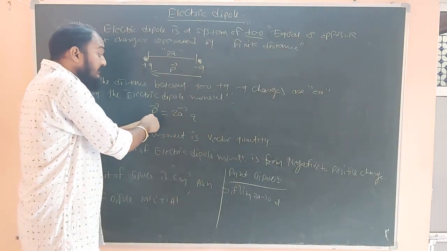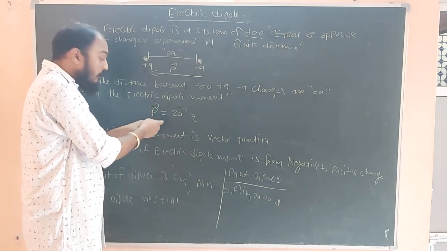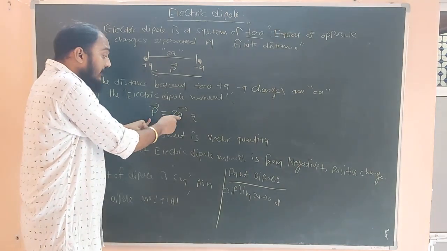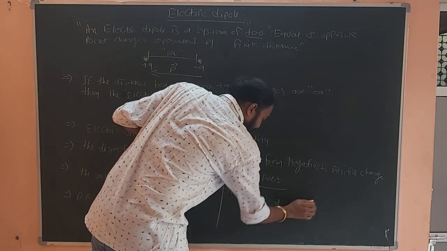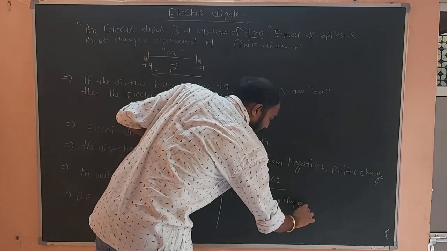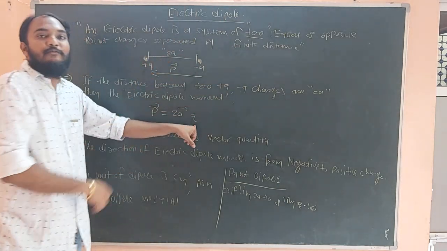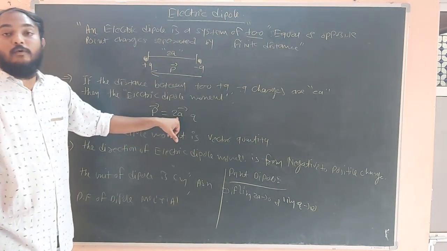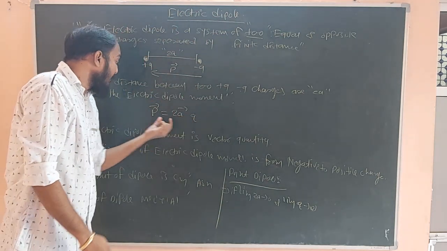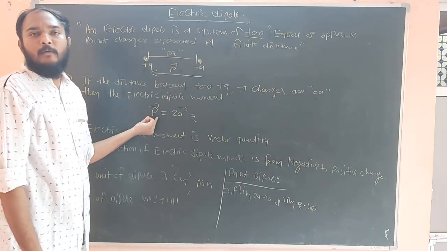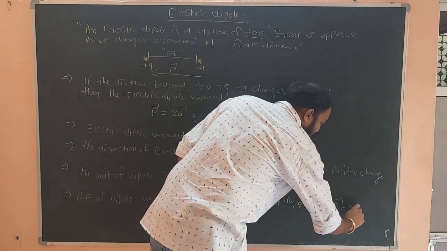We don't want the dipole moment to change. We want it to be a constant here. We want some value, not 0. So what we will do? 2a tends to 0, and we also take limit q tends to infinity. We will have q as infinite in respect of 2a. So one will be getting 0, one will be getting infinite. So what we will get? Some dipole moment p equal to 2a into q.